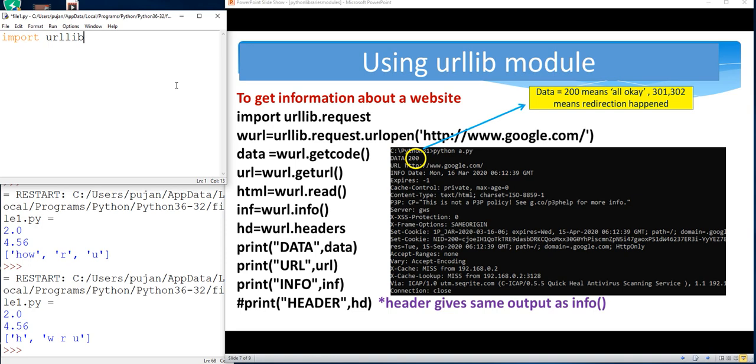Now in this urllib library, we have a module called request. You can see this is the name of the library, this is the name of the module, and the module has various functions: getcode, geturl, read, info, and a variable called headers. We can use this. Let us see,